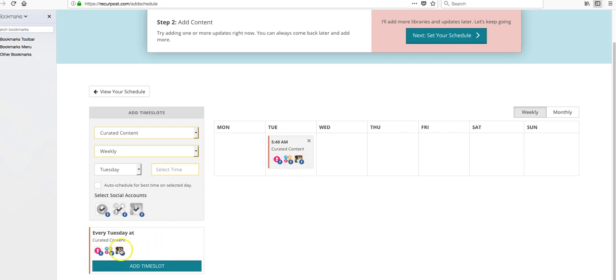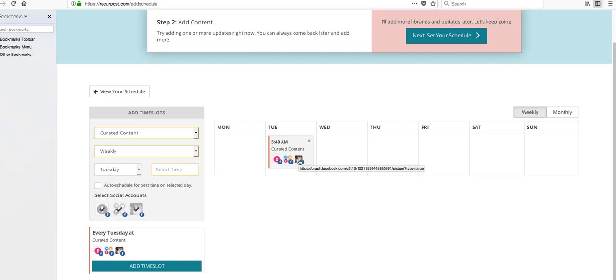Now you can simply choose 2 accounts, so we might not want to put it out to her personal page. Now what I would say is that you need to make sure you've got at least 3 or 4 pieces of content in every library, otherwise the same post is going to keep popping up and annoy people. I tend to have 10 in each category so that it takes 10 weeks for someone to see my same post again. So I hope that makes sense to you,